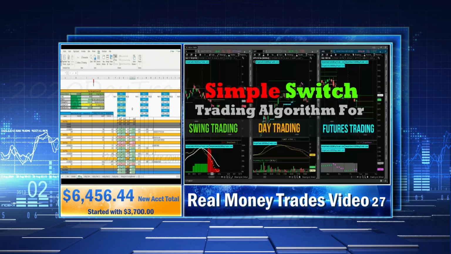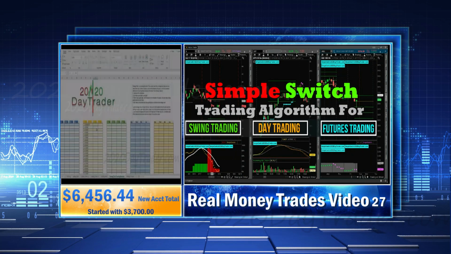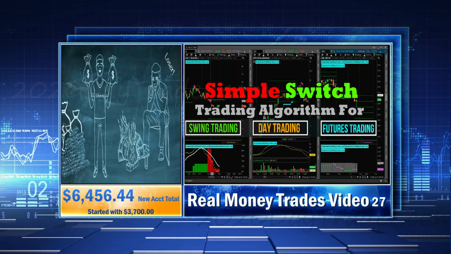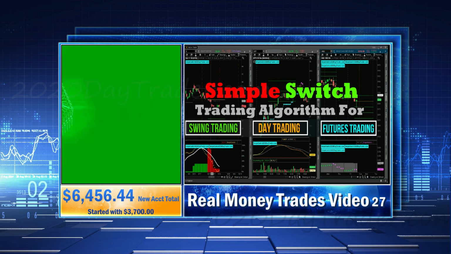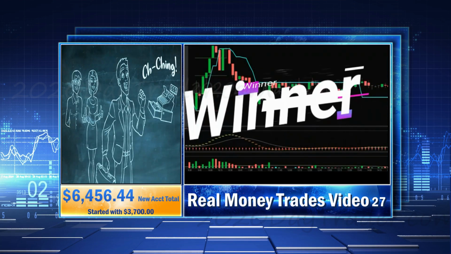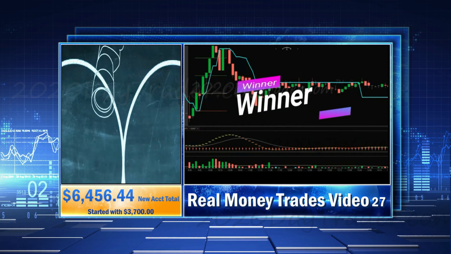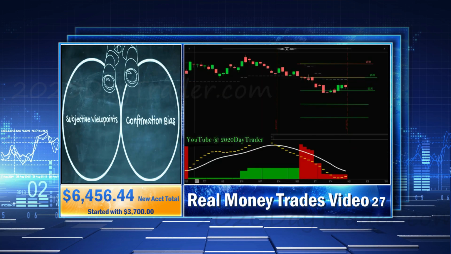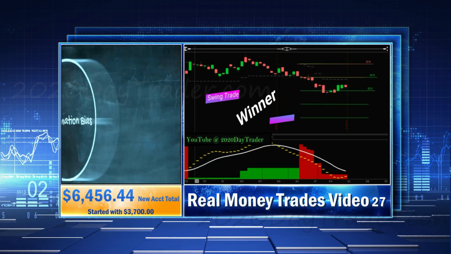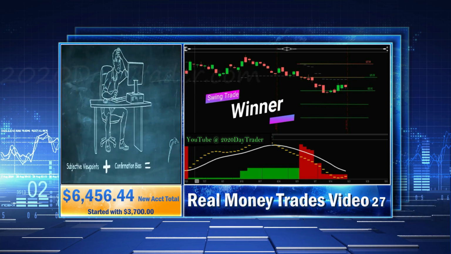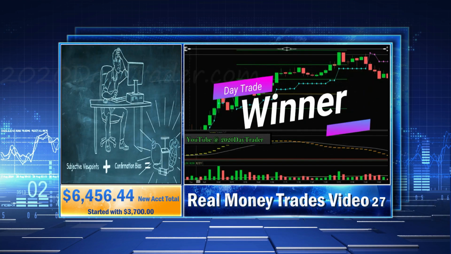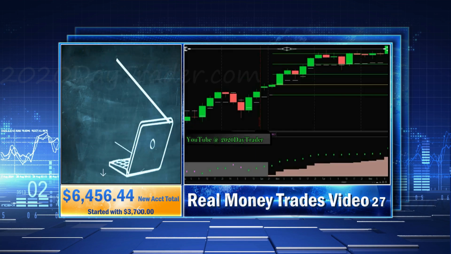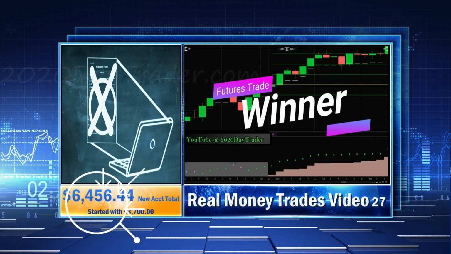I plan on trading these accounts until the end of 2023, and we'll see how far we can grow them in 1 year's time. Now, I don't know if these strategies are going to be successful. We're going to find this out together, and if they're not, hopefully I can tweak them along the way to make them successful. I started my futures account with $1,700 because that was the bare minimum I felt like I could start with. And then I started my swing trading account with $2,000. Again, I felt that was the bare minimum I can start with.